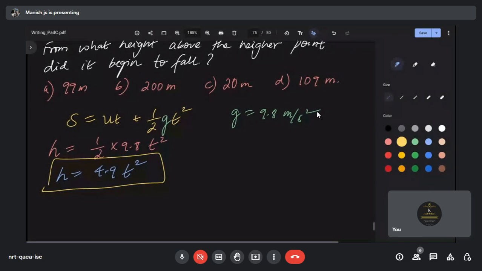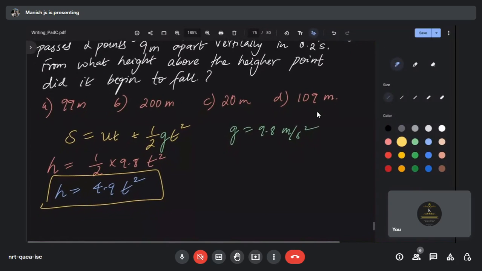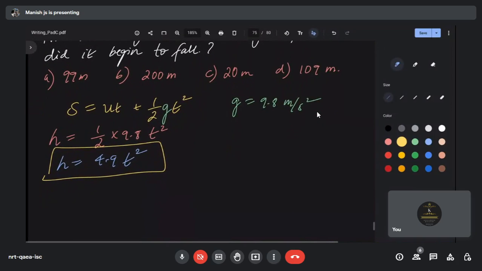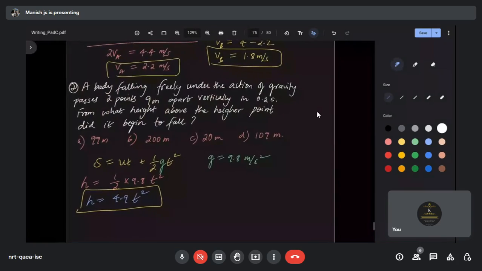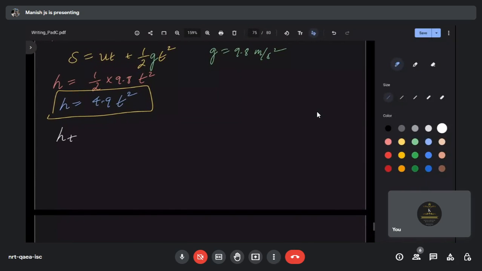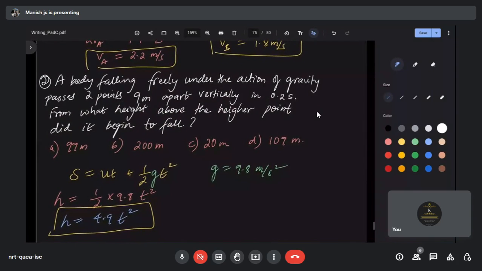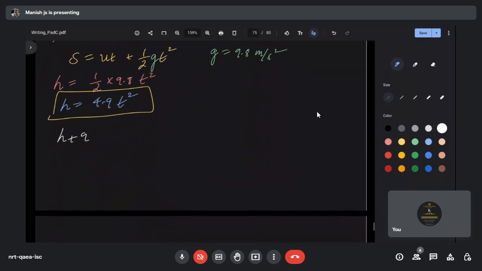With one equation, we cannot really establish a relationship. So that's the clue: when it passes 2 points 9 meters apart vertically in 0.2 seconds. That is one more clue that we have. So you are adding that much to your height. Apart means it is extra. So add h plus 9. When you add 9 to your original height, the equation would be, it is passing vertically, and the extra time they have given is 0.2 seconds. So h plus 9 is equal to,